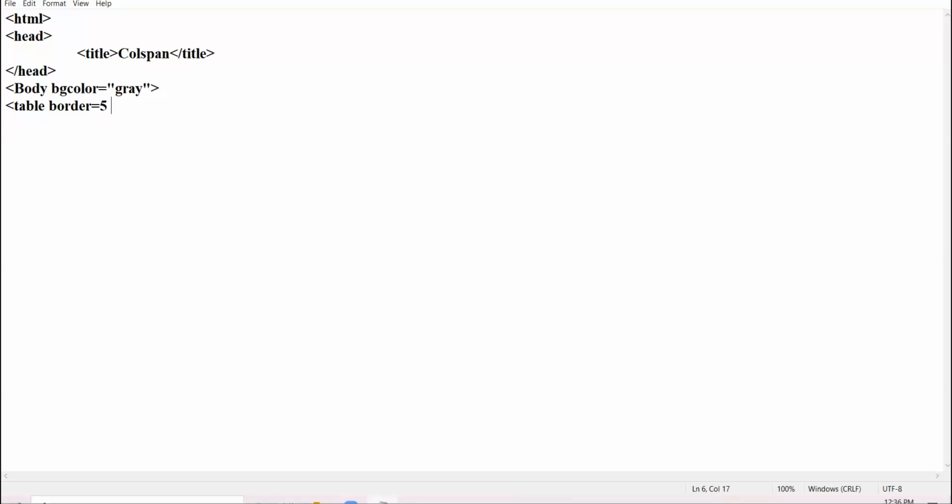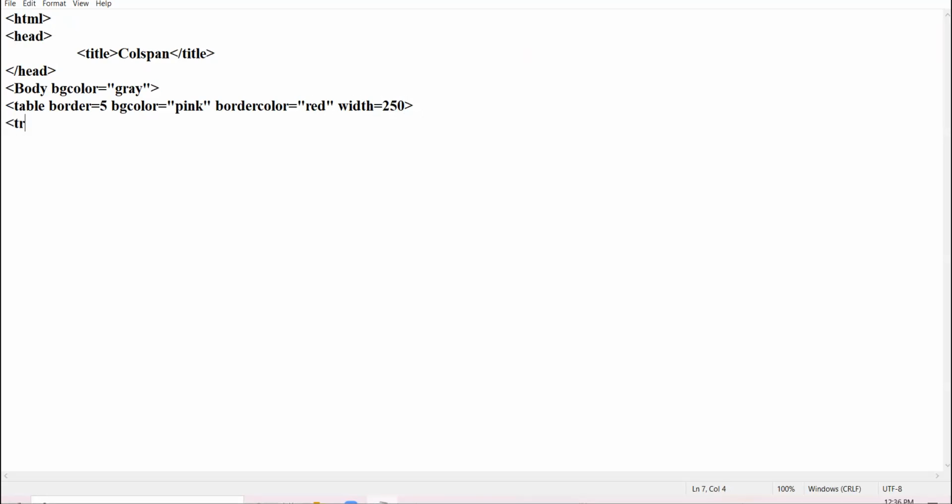Right? I am taking the bgcolor, the background color of the table, as pink. Body background color is gray. The background color of the table is pink. Then I am taking the border color as red. Red is the color of the border. Clear? I am taking the width of the table 250. You can take any figure, 300, as per your convenience. I am taking 250.